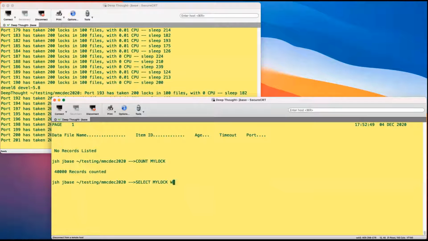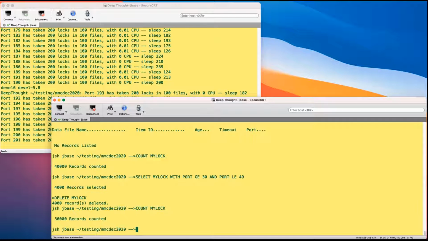So we can do this. Select my lock with port greater than or equal to 30 and port less than or equal to 49. So that should select 20 background processors, each with 200 locks. So there you go, 4,000 records selected. And if we go delete my lock, it'll clear those locks. And now if we count it, we've got 4,000 fewer locks on it. And it's a nice little way to clear locks. We can also do this, of course, my lock, and that'll get rid of all the locks,